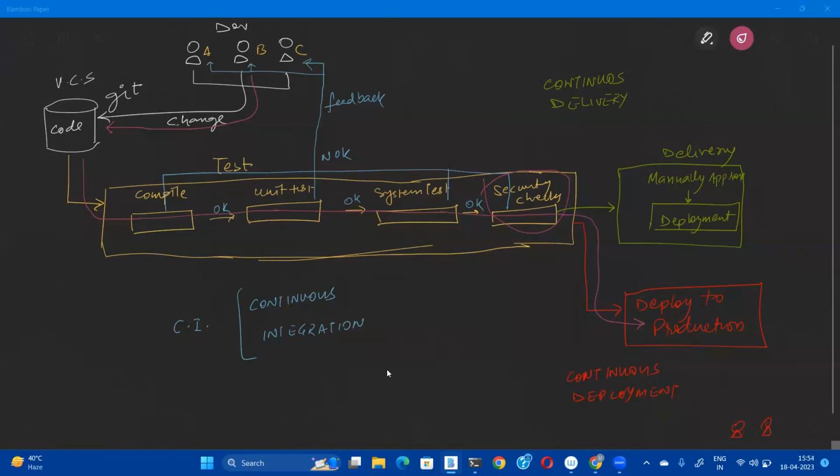Any suggested courses for DevOps? There are a lot of courses by various training institutes and YouTube and many other training websites also. So yeah, make use of those. Can we do CD without implementing CI? Unfortunately not. CI is